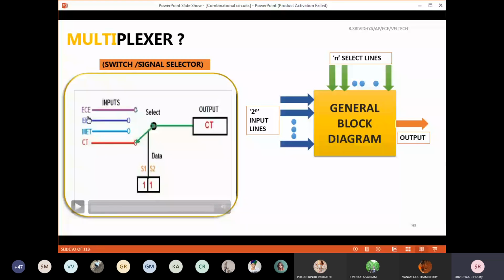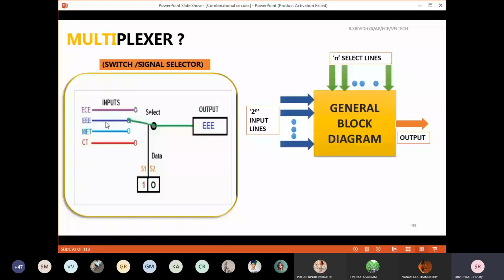Once again, I will explain. Now you can see it is 1-0. If the select line is 1-0, then those candidates will be admitted into EEE. For example, if a person is coming and you are on the admission side, you have to put that person into the EEE path.